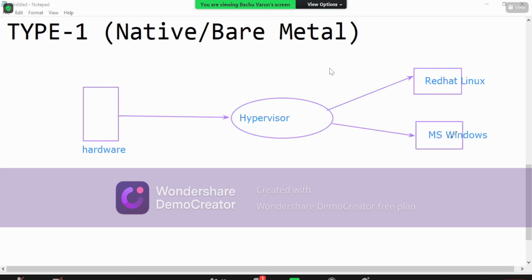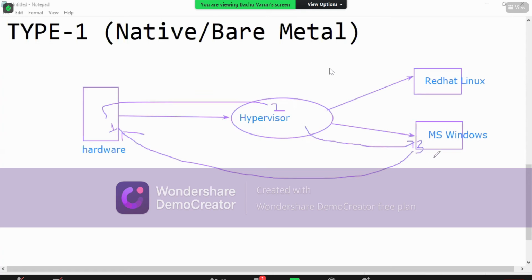When you are trying to install some software here, the request will be sent directly to the hardware. From the hardware, it is directly pushed to the hypervisor. Now the hypervisor will decide which machine sent the request, and from there it will directly forward the output.